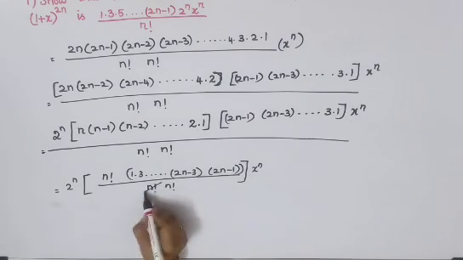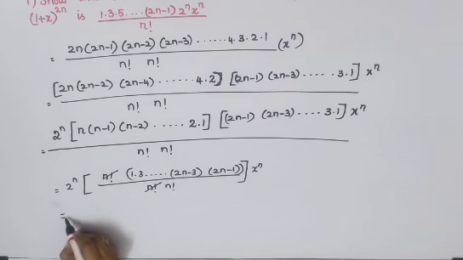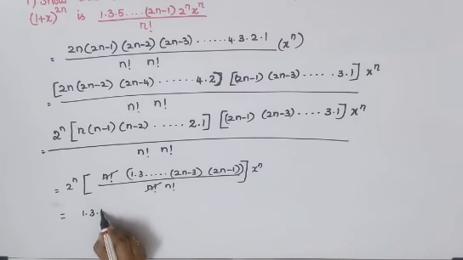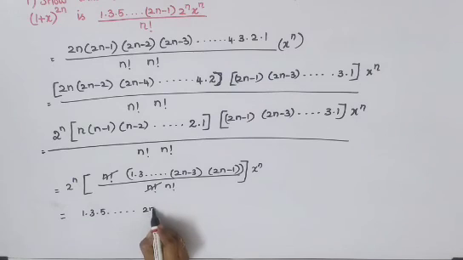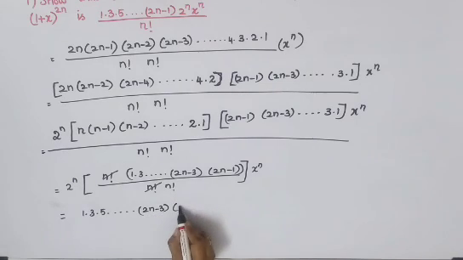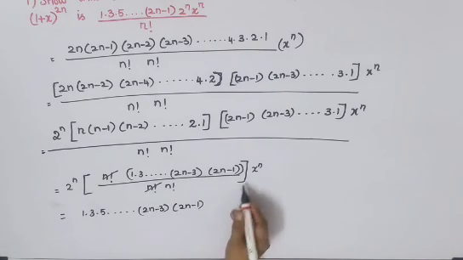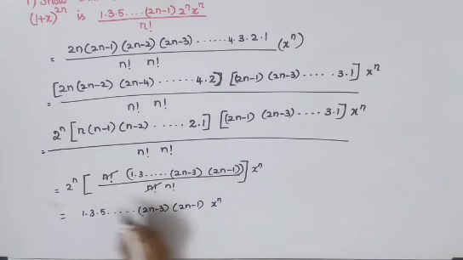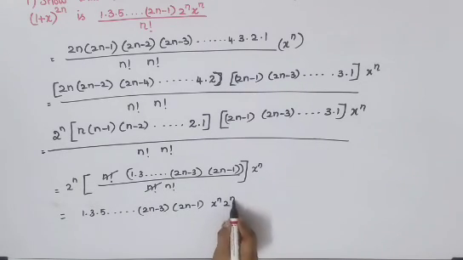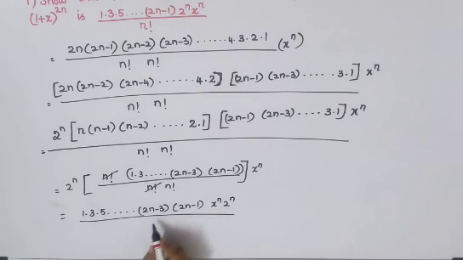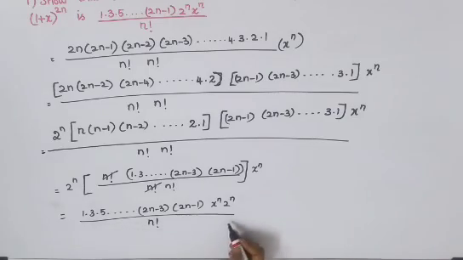So now we can cancel this n factorial. Your last answer, you can start from here: 1 into 3. If you want, you can write the next term, 1, 3, 5, etc., 2n minus 3 into 2n minus 1, and this x power n, and this 2 power n you can join with this, divided by only one n factorial, so you can write n factorial. So this is the answer we need to prove here. So we have landed with the answer. This is the answer for your 7th question.